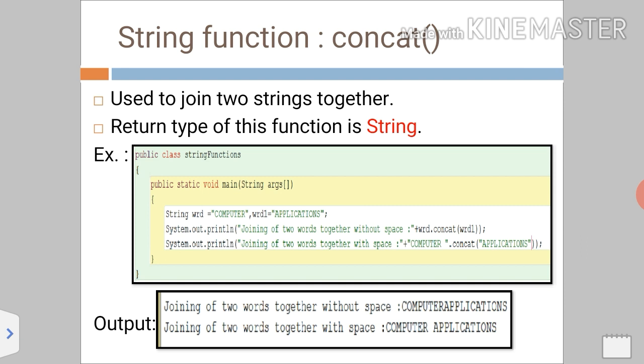Otherwise concat joins two strings together. If I had written wrd1.concat(wrd), it provides us applications computer.